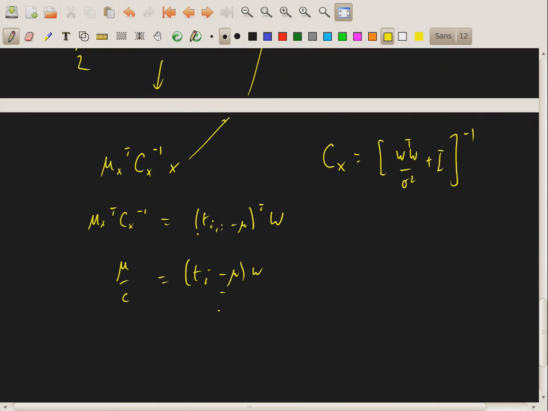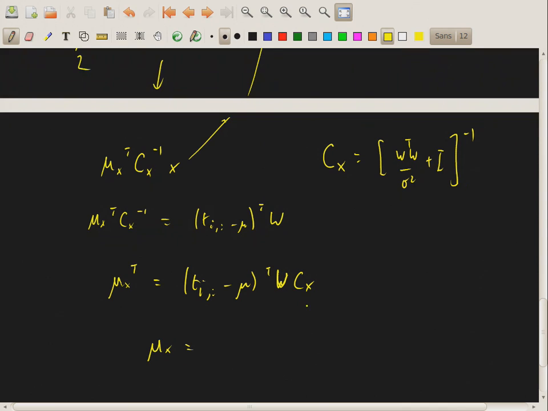Multiply both sides by C, and of course in the matrix case, what's the right thing to do? Multiply by Cx. So of course that means that mu x transpose, well, let me write that out so that I'm not skipping a step. t_i minus mu transpose W Cx, which means if I transpose a vector or a matrix, I have to transpose everything and reverse the order